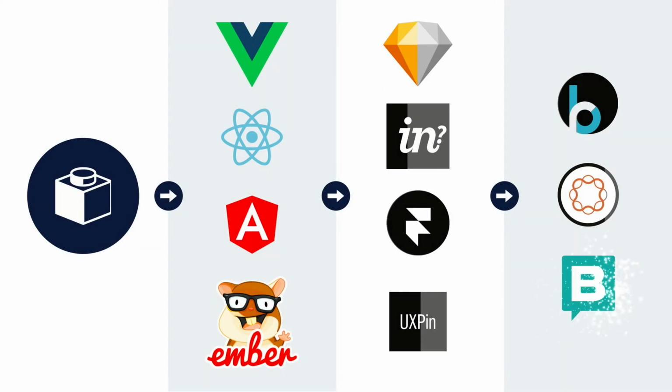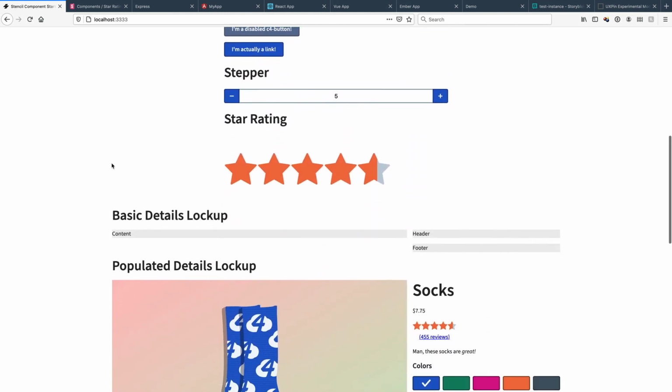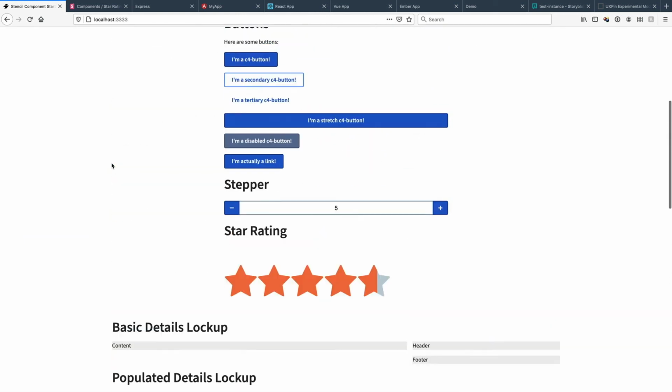And with that, we've completed our map. We haven't been able to fill in every spot, but we've done a pretty good job. So we've been looking at all these pieces individually, but I want to bring them all together to look at the wealth that we've been able to create here from that single set of components. So we've got our Stencil components and all of the different features of them, all of the different versions that can be done in terms of building web pages.